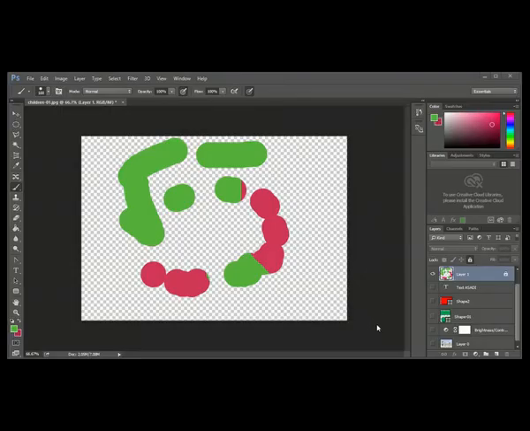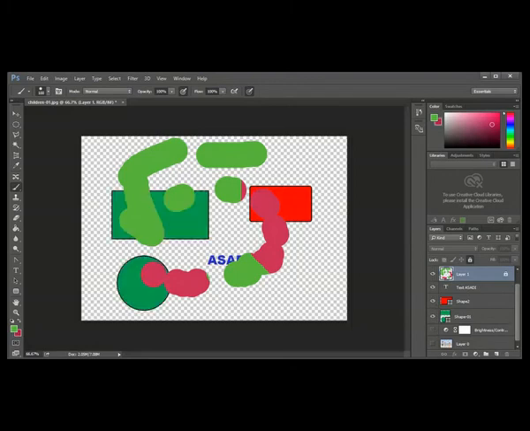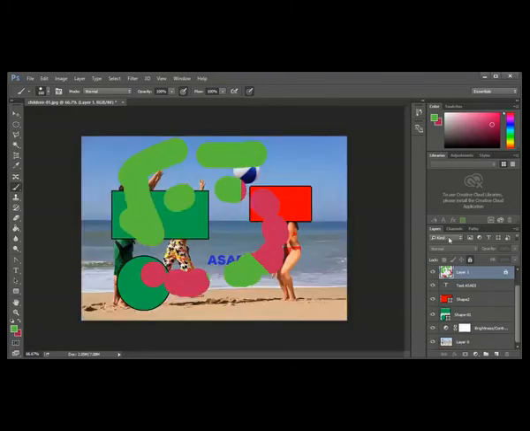Now let us move on to filtering. Sometimes you will have so many layers, and how will you filter? Suppose you want to see only the layers which are related to pixel layers only. You click this. So only the pixel layers are selected, pictures and other pixel layers. So that is this button. This is for the filtering. Okay, you see this button only when you select the kind here.